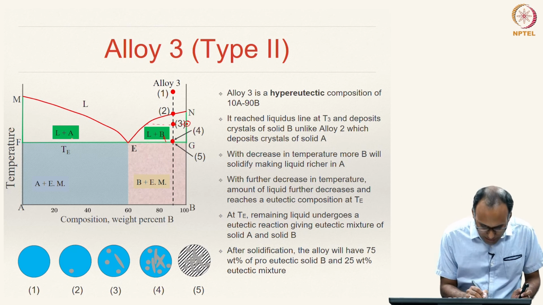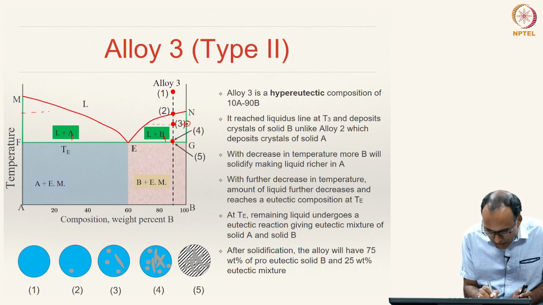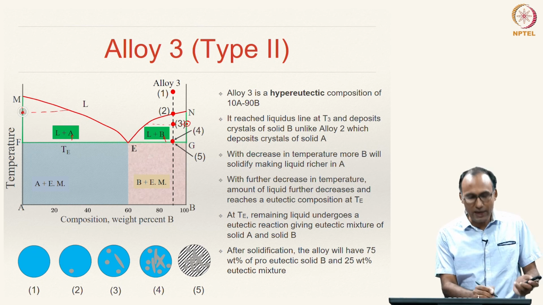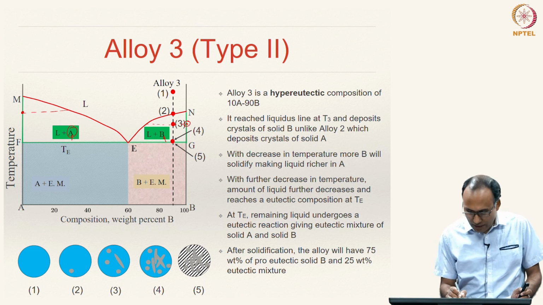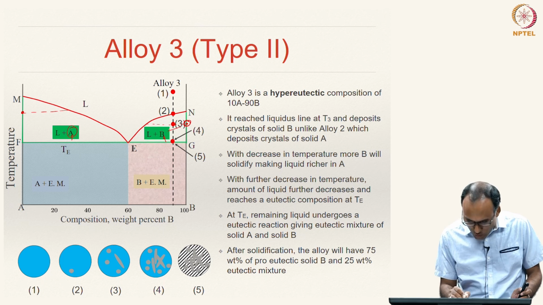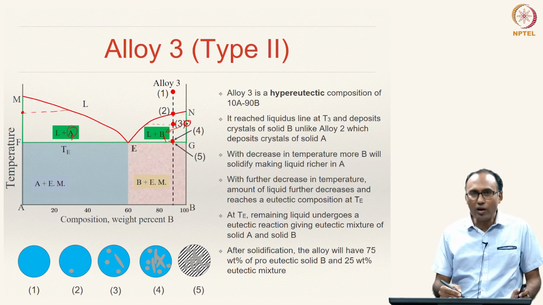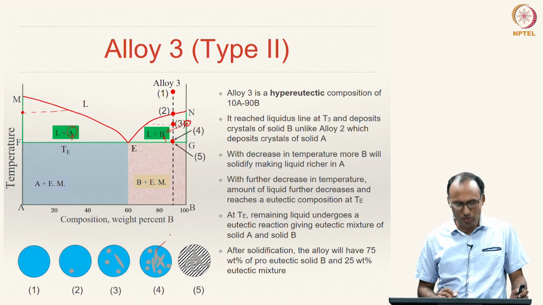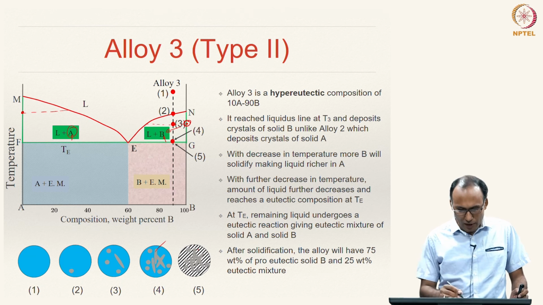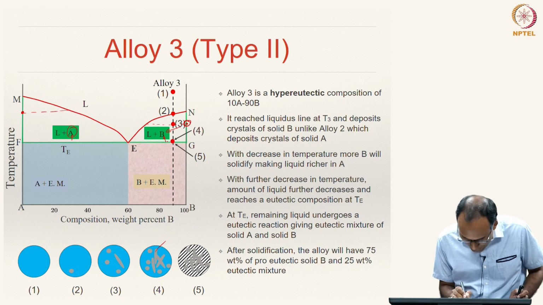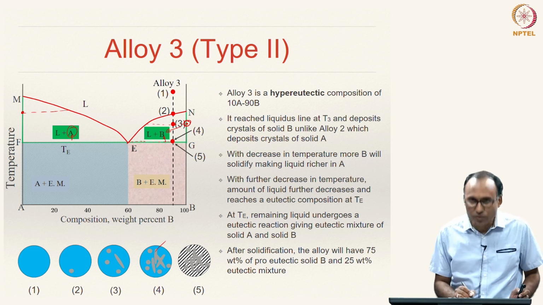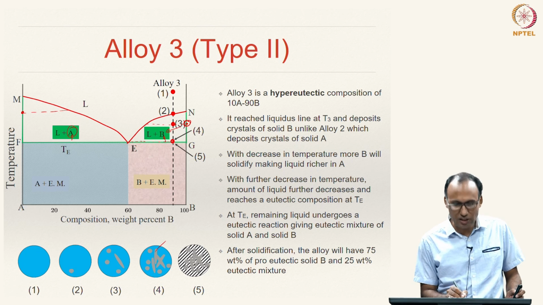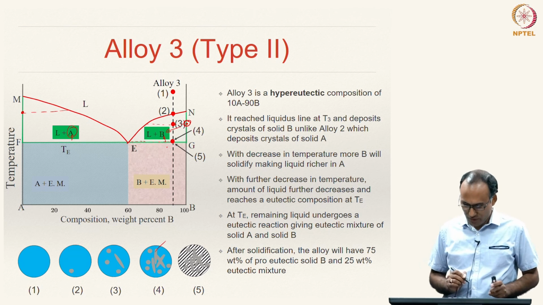Now, you understand why we have written liquid plus A here, because when you draw a tie line in this region, it will hit the solidus line at pure solid A, and hence it has to form pure solid A. Here it will hit the pure solid B line, and hence it has to form pure solid B. So, all the alloys here will have pro-eutectic B, that means this gray line is what we call pro-eutectic B, and by the time you reach point G, again your liquid solution will have the eutectic composition, and the remaining liquid solution will transform to eutectic mixture of A and B, all right.